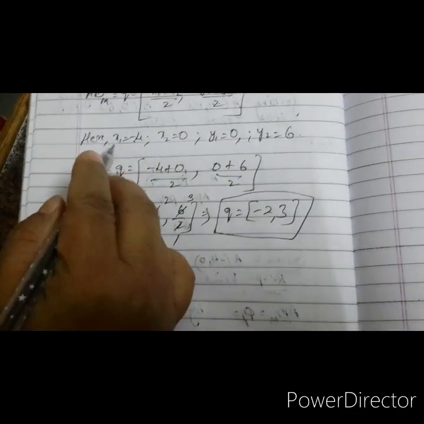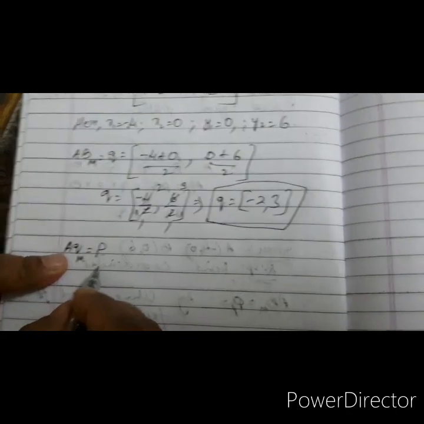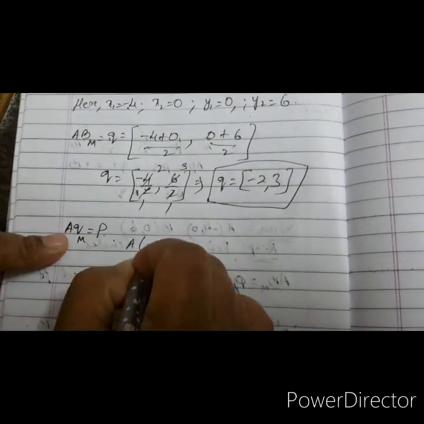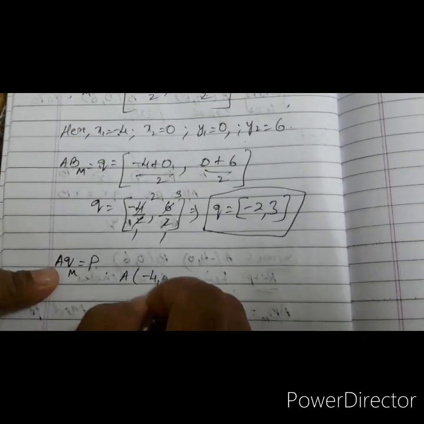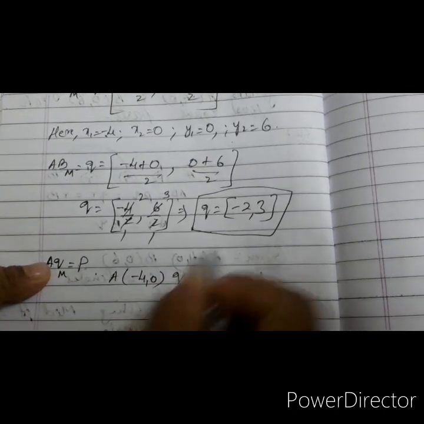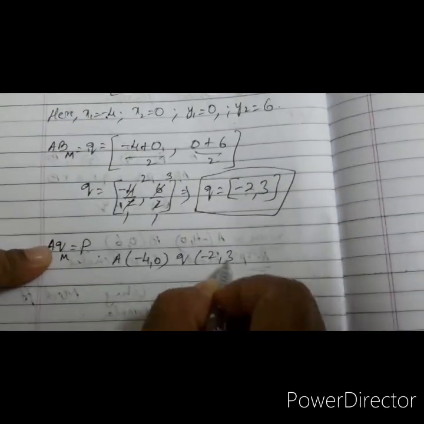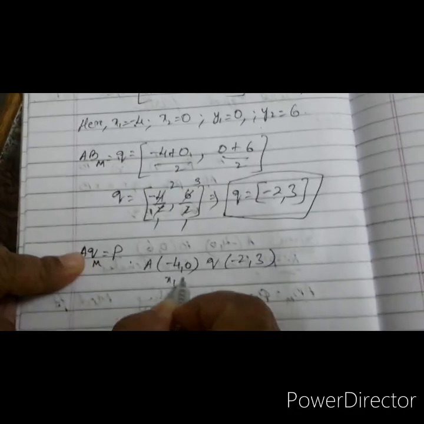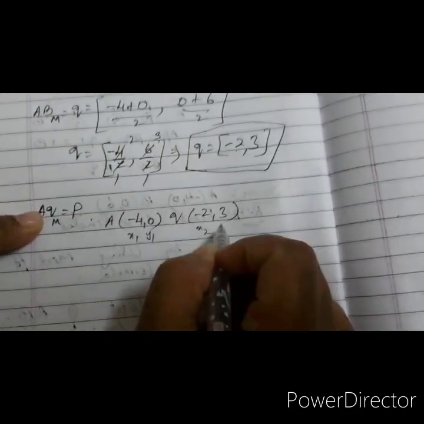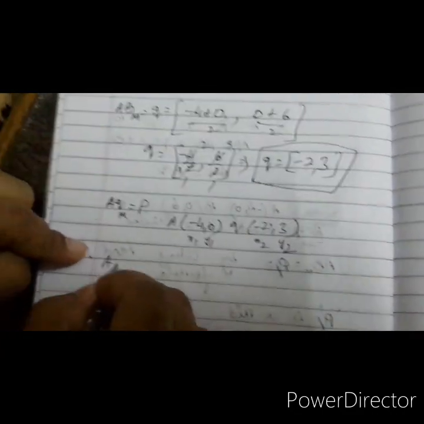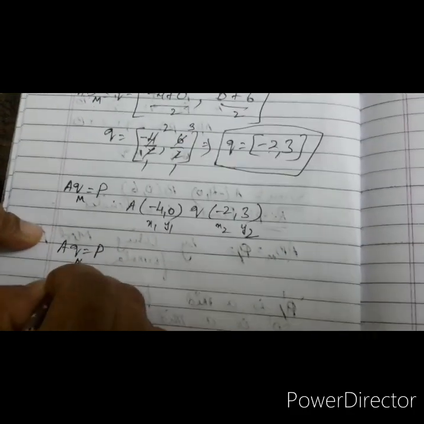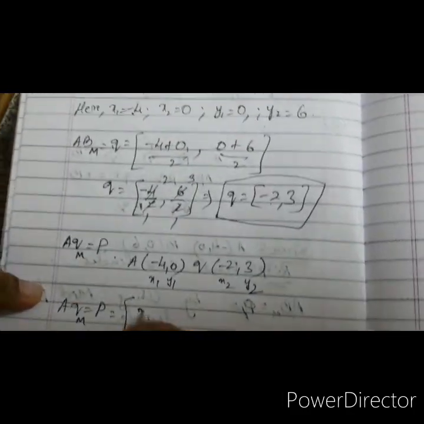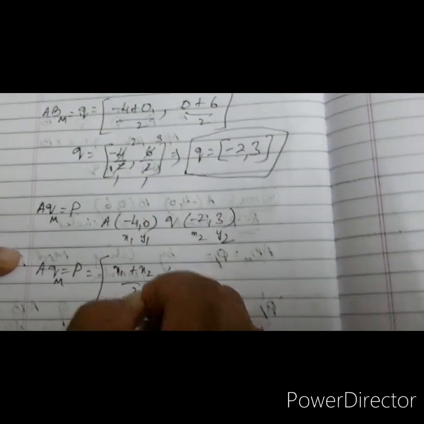Same formula. This will be same. P will be different. A is (-4, 0), Q is this one, (-2, 3). x1, y1, x2, y2. Now AQ: P is the midpoint of AQ. Formula: (x1 + x2)/2, (y1 + y2)/2